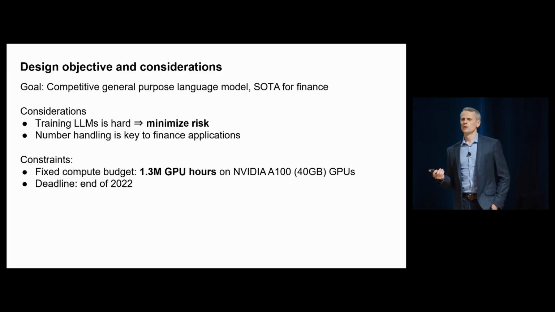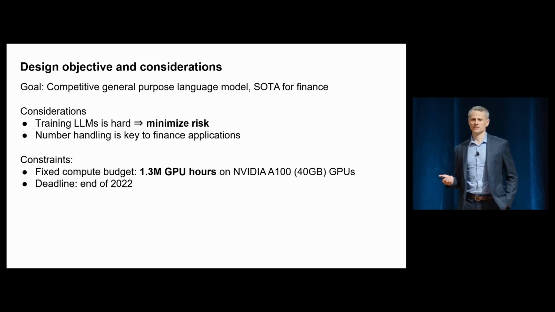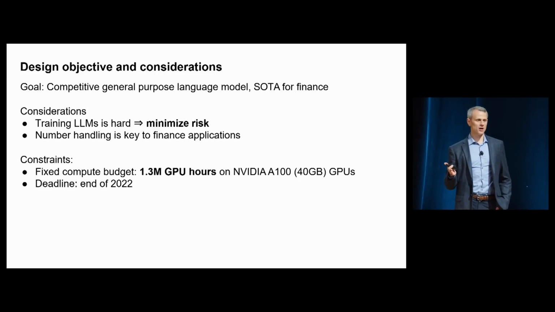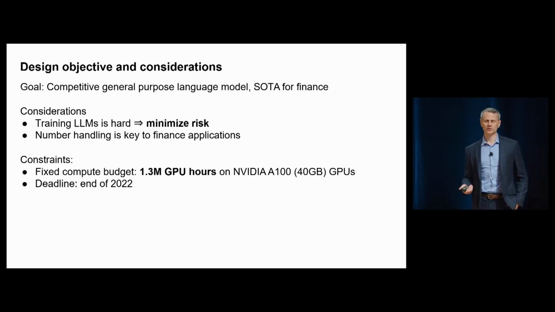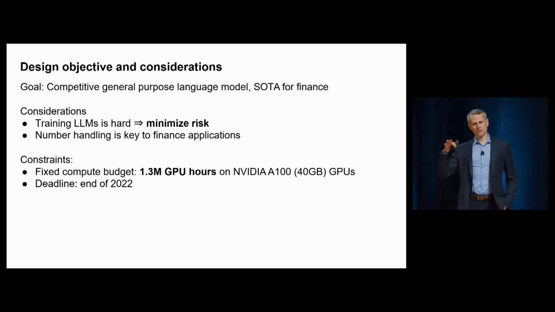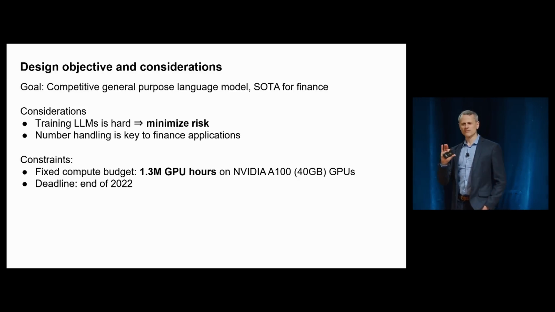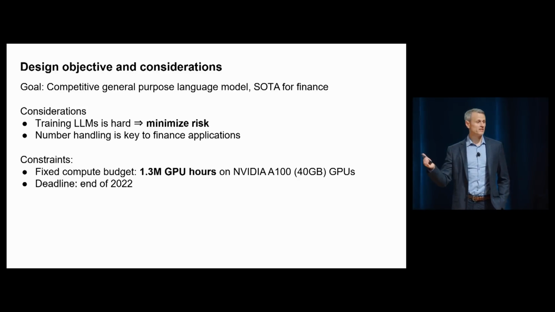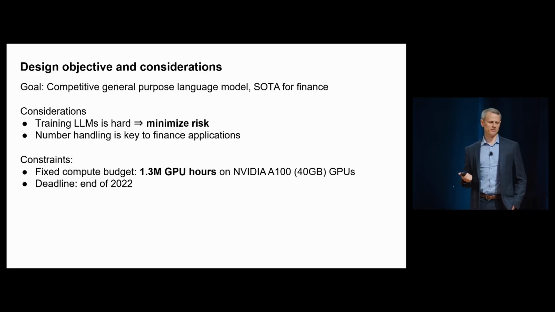The Bloom model follows in the tradition of the GPT 1, 2, and 3 models in being what's called a decoder-only transformer model. Some people just call it a GPT-style model. We made the same choice. And so going forward, I'll give a few spots where we deviate from the Bloom architecture, but that's essentially what we followed.